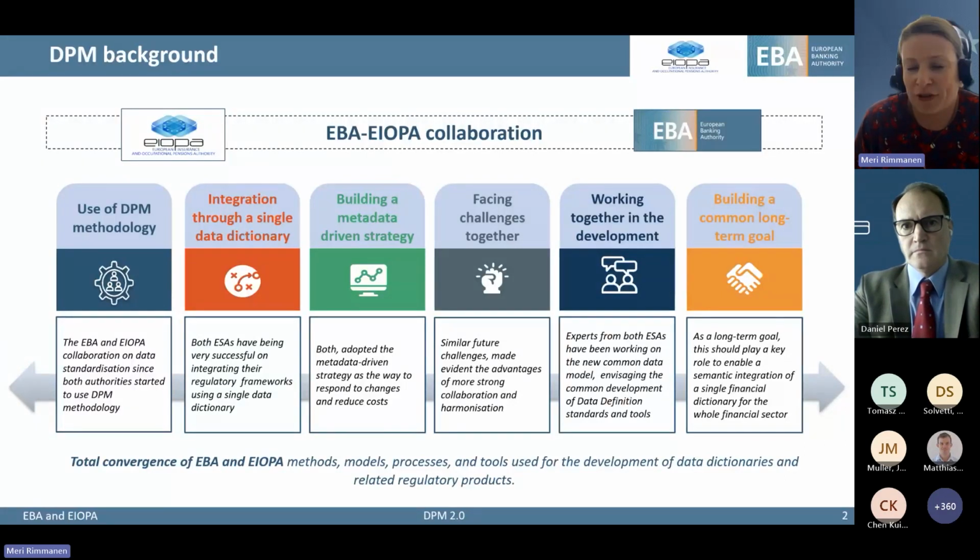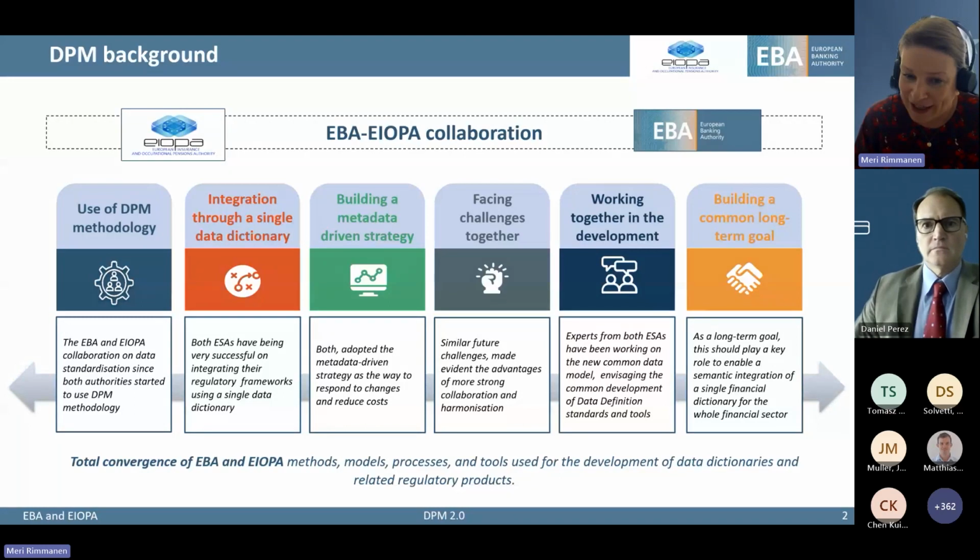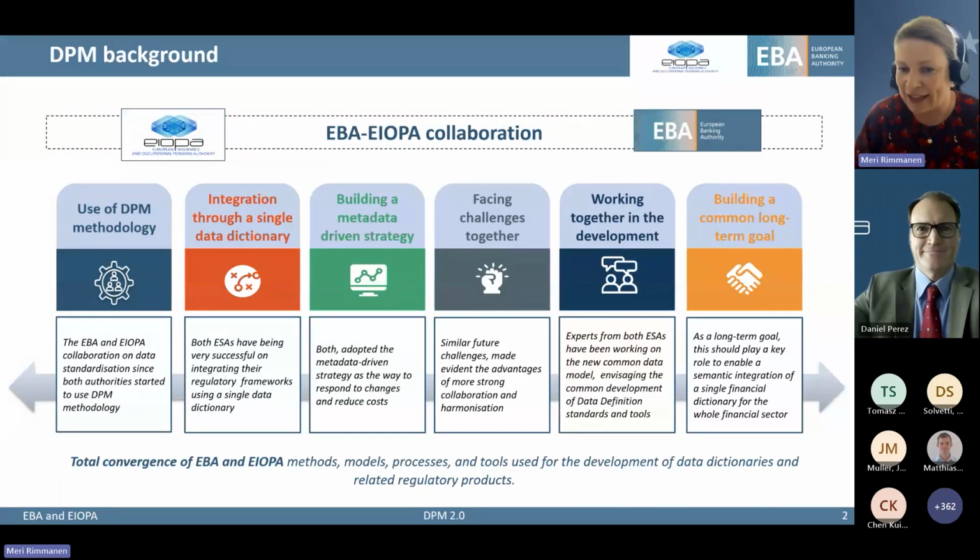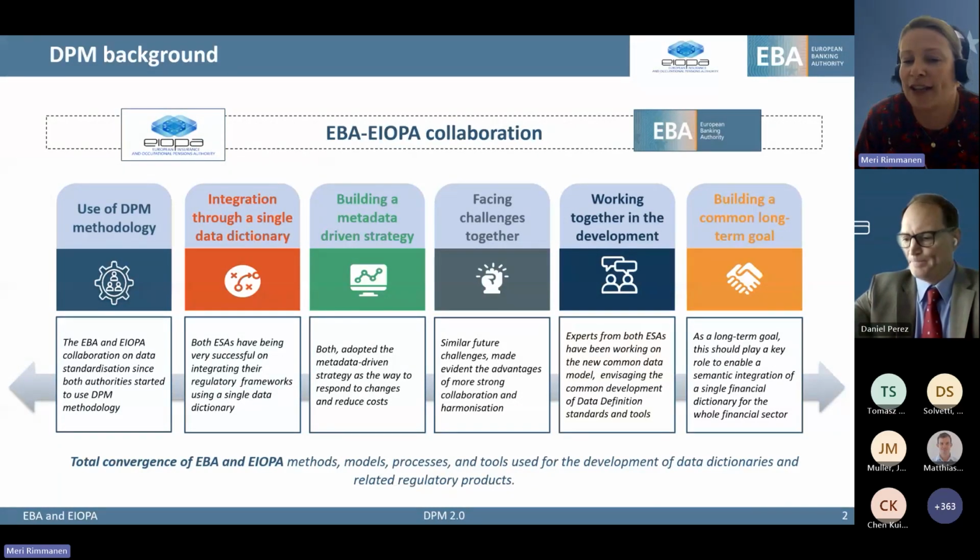And we face very similar challenges. We have more data, more granular data, more complicated data, more reporting entities, and different types of challenges, so we thought that we should refit the DPM that we currently have. And then we wanted to work together in the development, facing all the joint challenges with joint forces, and have done this new DPM 2.0 together.